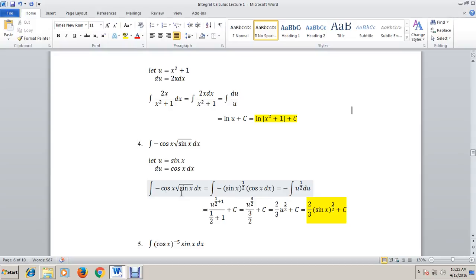Cosine x here has no exponent, so it has only a power of 1, as compared to sine x, whose exponent is 1/2. Now, try to compare that with what we have done in example number 1. What we chose as our representation for u is the higher exponent, but in this case 1 is the higher exponent